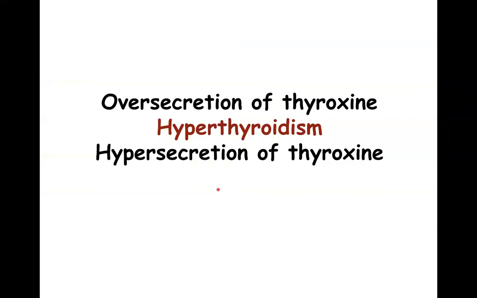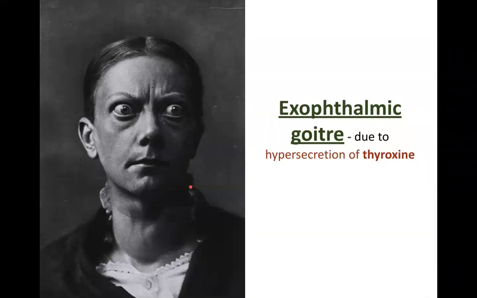Then we have the oversecretion of thyroxine. This is called hyperthyroidism or hypersecretion of thyroxine. So the condition in this case is called exophthalmic goiter. Now, ophthalmic means it's associated with the eye. There is a goiter in the neck. Because of this goiter, because of this swelling or increase or inflammation of the thyroid gland, there is excessive production